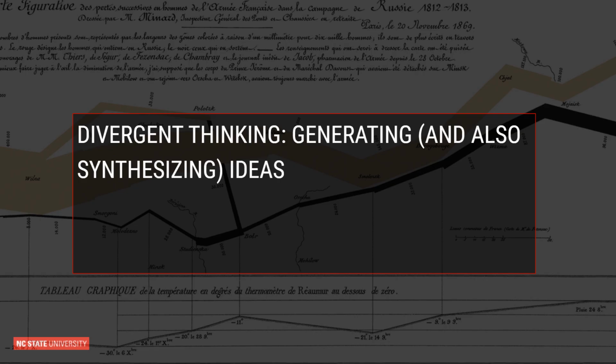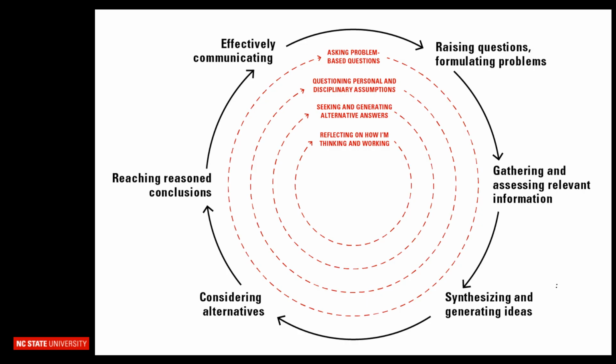Welcome to the lesson on divergent thinking for generating and, to a lesser degree, synthesizing ideas. In this lesson, we'll be talking about strategies to encourage divergent and lateral thinking in the classroom. While we are situating divergent thinking within the idea generation phase of the critical and creative process, it can be quite effective for encouraging students to challenge assumptions, consider the types of questions they are asking, and even to evaluate